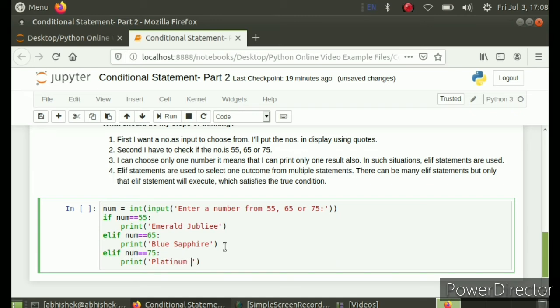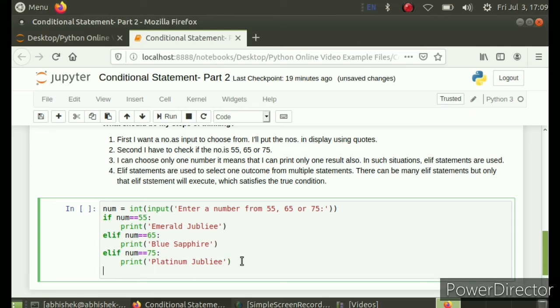Platinum Jubilee. Why I haven't put that in this else statement? I could have also used else statement here, but what I am trying to do, I will use else statement to print a message that if user accidentally prints some other number other than 55, 65 or 75, then this else message will be printed.